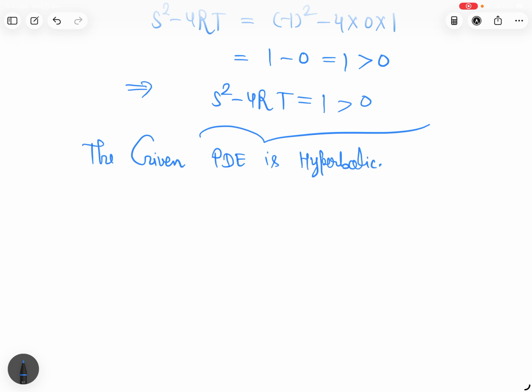Okay, are you getting it or no? So we have to change it to its canonical form. What is the lambda quadratic equation? What is the lambda quadratic equation, how is it given?